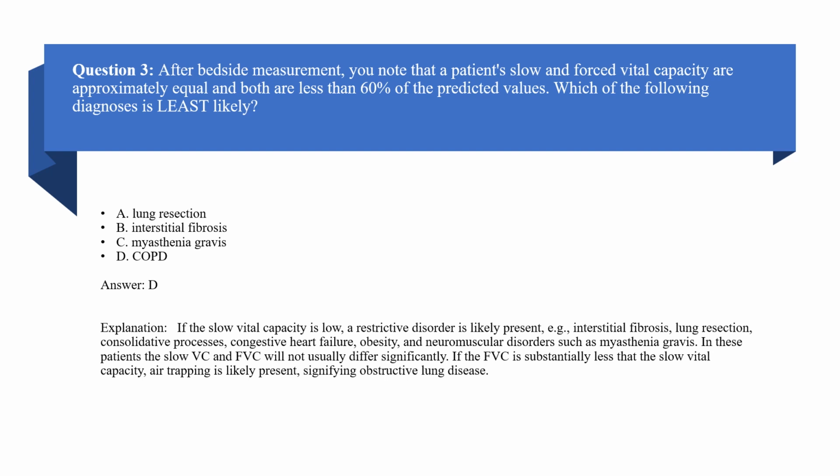If the slow vital capacity is low, a restrictive disorder is likely present, such as interstitial fibrosis, lung resection, a consolidative process such as pneumonia, congestive heart failure, obesity, or neuromuscular disorders such as myasthenia gravis. In these patients, the slow vital capacity and forced vital capacity will not usually differ significantly. However, if the forced vital capacity is substantially less than the slow vital capacity, air trapping is likely present, signifying